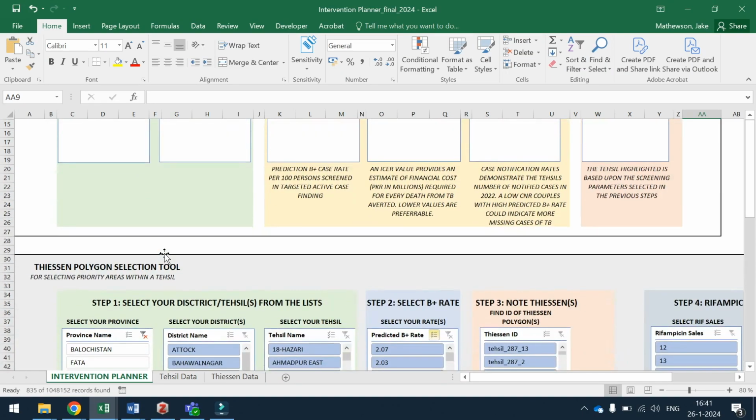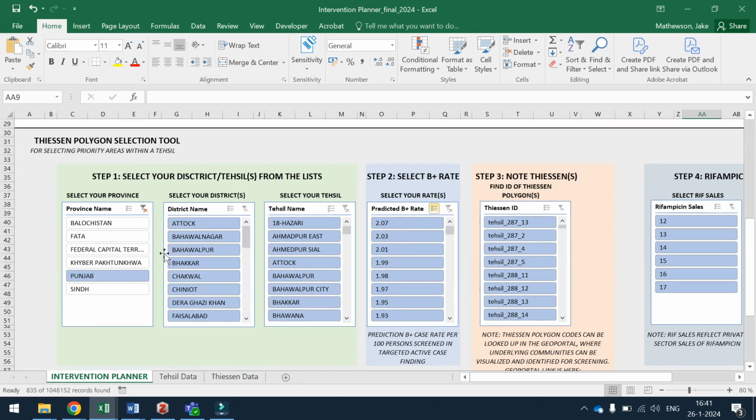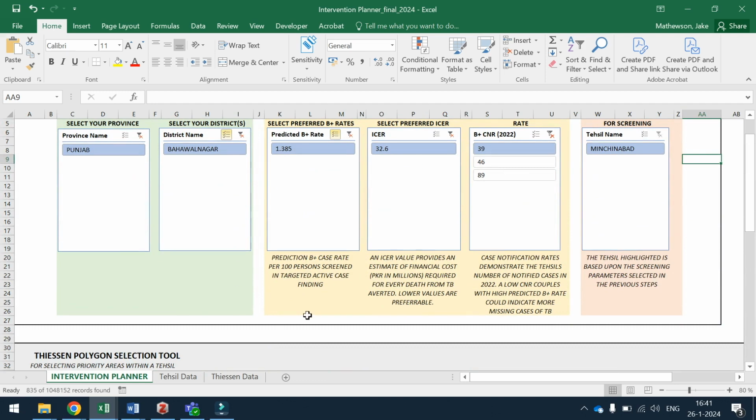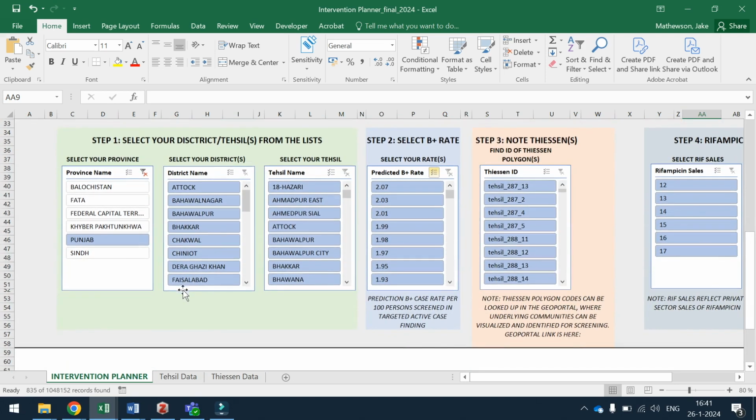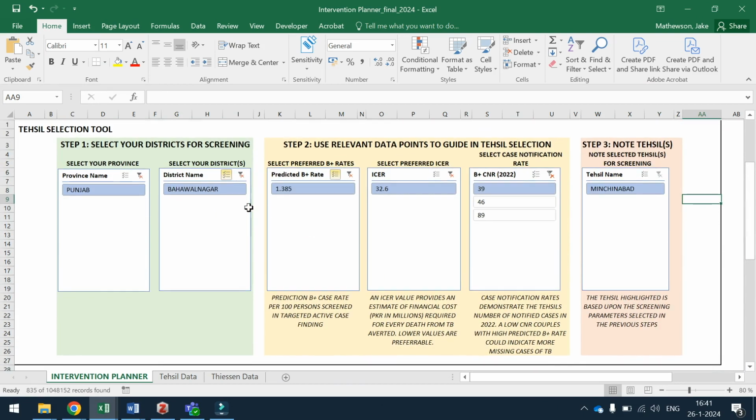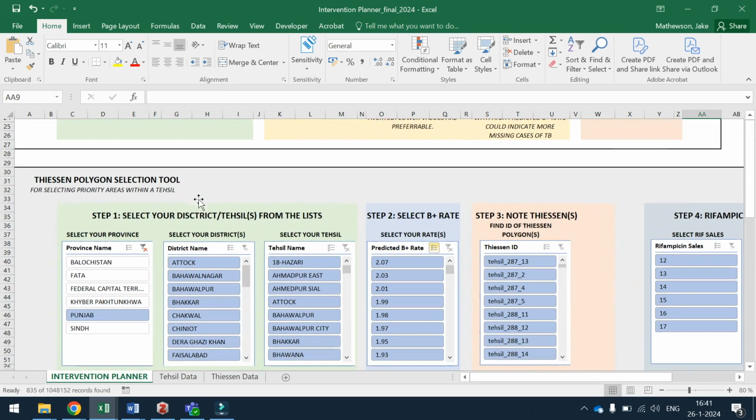Here, we scroll down to our Thiessen selection tool. Since the data in the Thiessen selection tool is not linked to the TESIL selection tool, we start with the TESIL that we selected, or multiple TESILs, and we have to again find it. Again, ensure that all of your slicers are reset before you start the exercise, and you can use the same information as before to find your TESIL. Here, we use the district name,